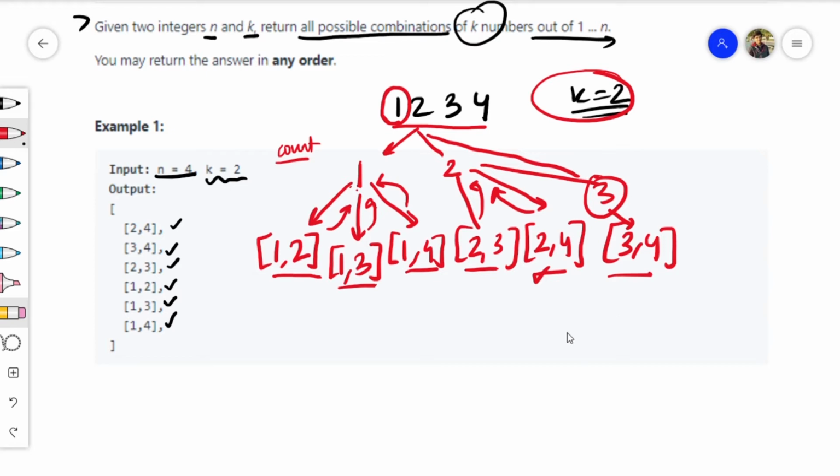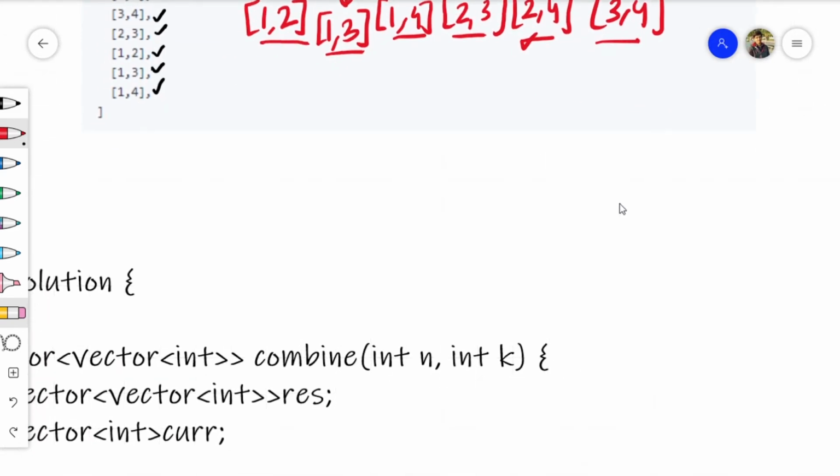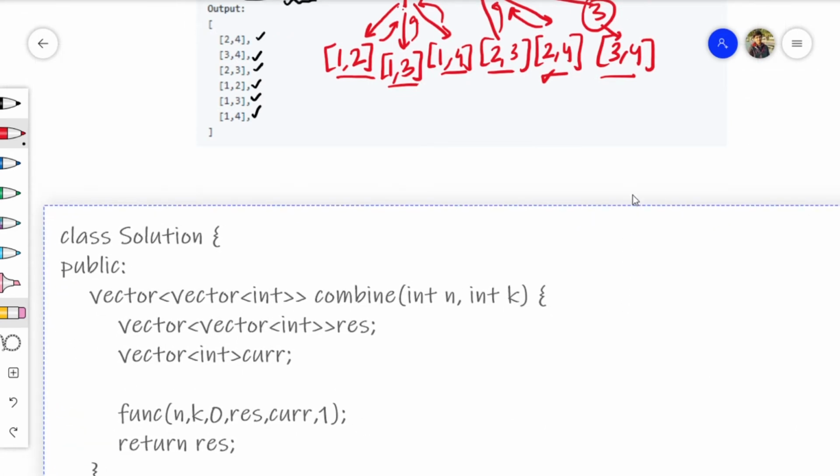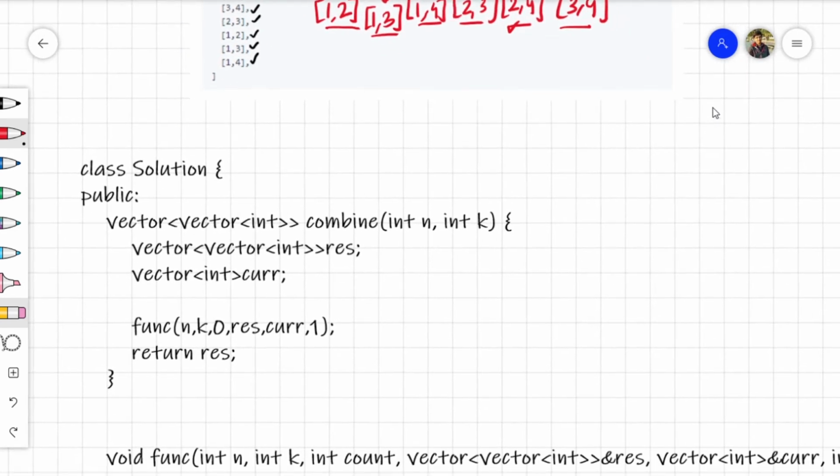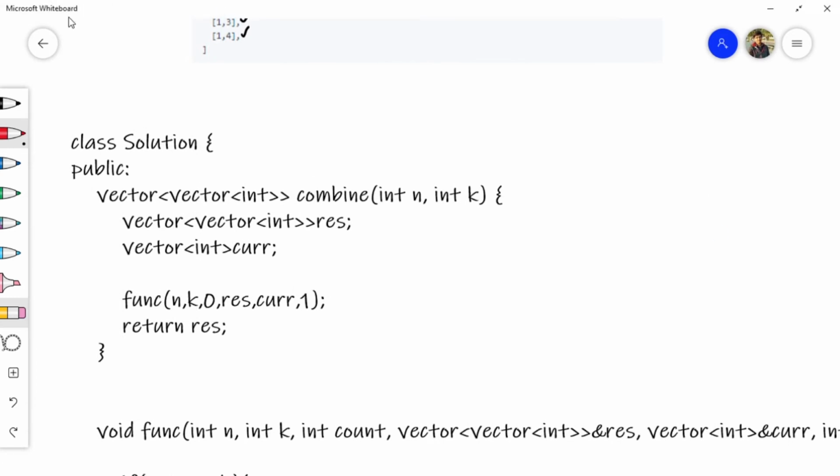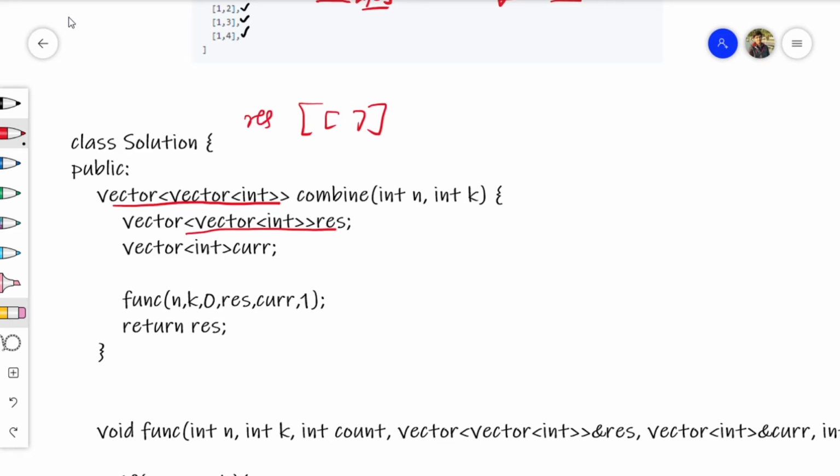So when we speak about the code part, we can see here. First we are making a vector of vector which we need to return, as it is the vector of vector type. We'll be making a resultant vector, initially having nothing, and we'll make a current vector which will store the current values. We'll make a function fun, and then we'll pass k, the number of elements you want in that.